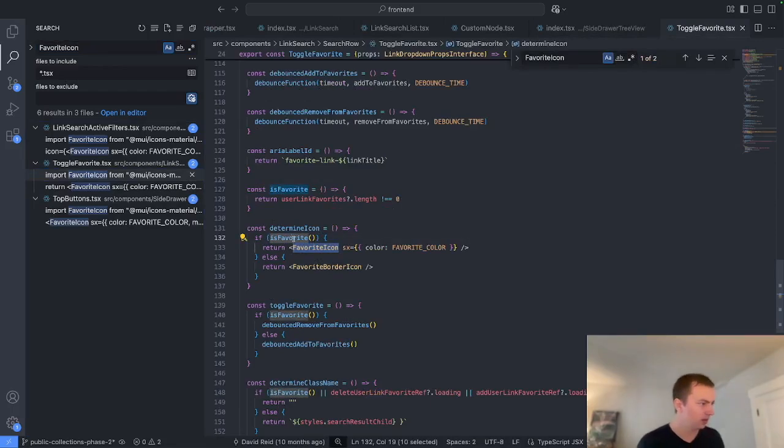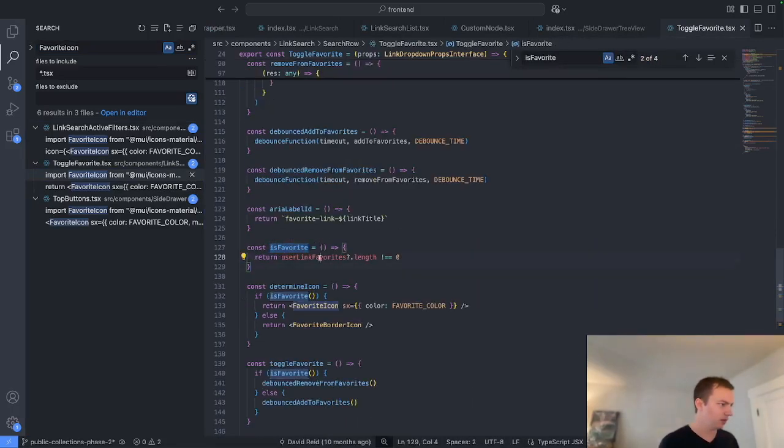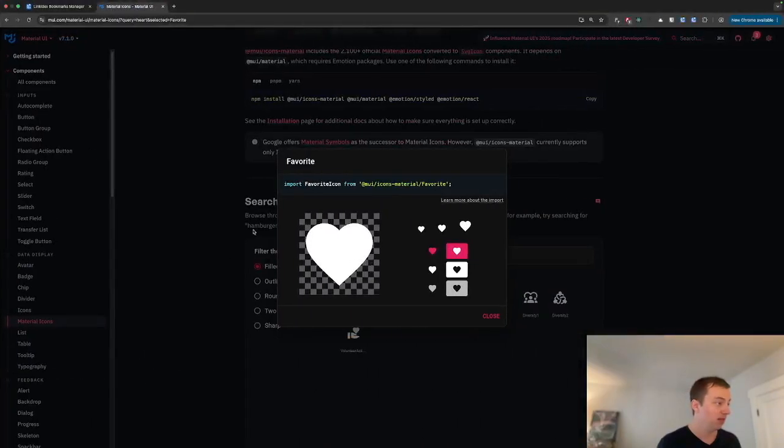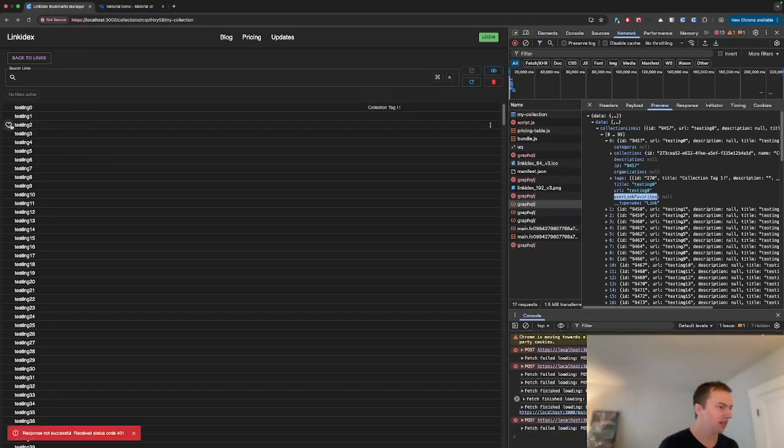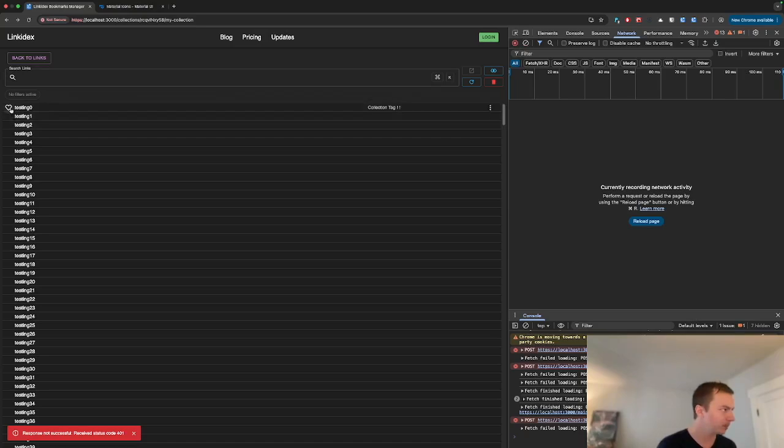If is favorite, do this. Okay, what is is favorite? User link favorites, 0. Okay, so it doesn't equal 0, it equals undefined. So turn user link favorites and user link favorites. That I think should actually do it. Cool. Okay, favorites is fixed. So not fixed. This is still gonna blow up, which is janky. But okay. So